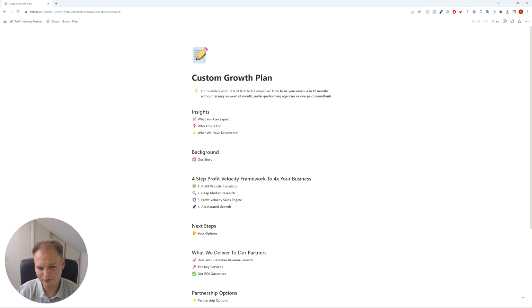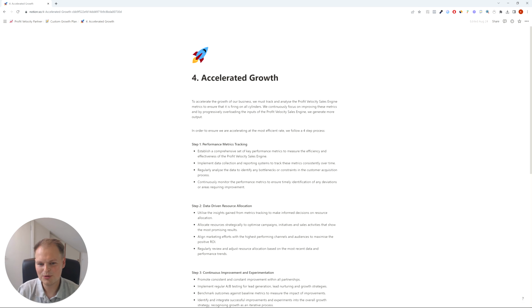And onto our fourth and final step of our 4-step profit velocity framework, we have accelerated growth. So to accelerate the growth of our business, we must track and analyze the profit velocity sales engine metrics to ensure that it is firing on all cylinders. We continuously focus on improving these metrics, and by progressively overloading the inputs of the profit velocity sales engine, we generate more output. So in order to ensure we are accelerating at the most efficient rate, we follow a 4-step